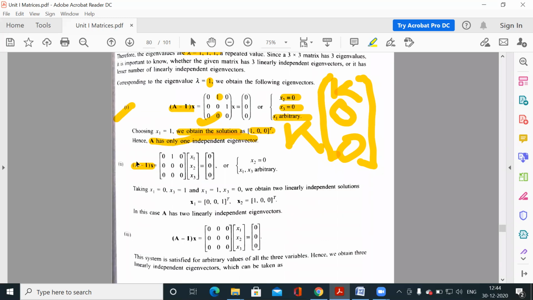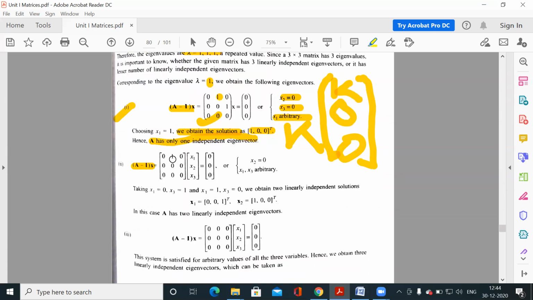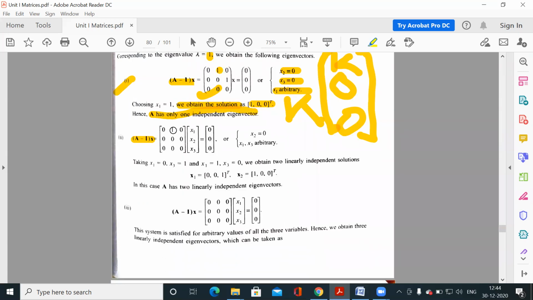1 1 1, तो जब हम सेकंड के लिए आइगन वेक्टर निकालेंगे तो आपकी इक्वेशन ये बन रही है। इसकी रैंक क्या है, मींस आपको सेकंड में से 1 माइनस करना है, सो 1 1 1, 1 1 1, 1 1 1। तो केवल एक ही नॉन जीरो रो बनेगी, सो दिस इज ऑलरेडी इन इक्लोन फॉर्म। तो इसमें एक ही इक्वेशन, तो इसकी रैंक क्या है, 1, क्योंकि एक ही नॉन जीरो रो है और वेरिएबल्स कितने हैं, 3, सो 3 माइनस 1 यानी 2, सो नाउ 2 वेरिएबल्स आर इंडिपेंडेंट। अब पहली वाली इक्वेशन क्या है, x1 + x2 + x3 = 0, बाकी सभी इक्वेशन में कुछ भी आप वैल्यू रख सकते हो।